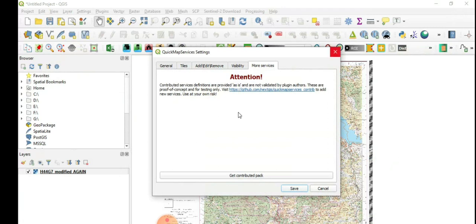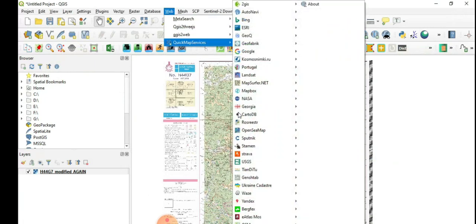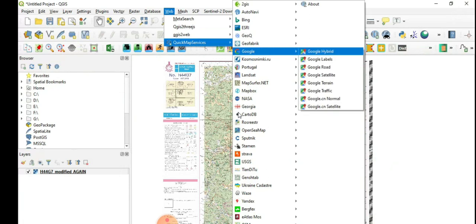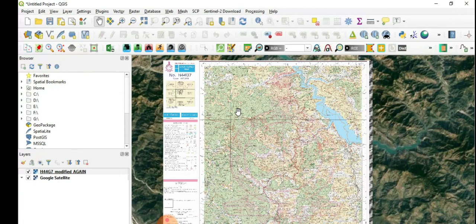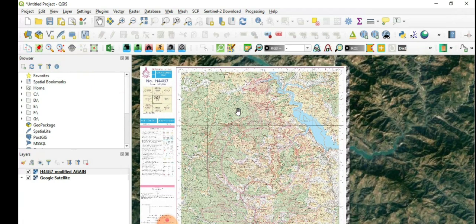So you can do this, so you will get this entire list. Okay, so now I will select Google Satellite from this list. So you can see Google's image has come up below my topo sheet. So in order to check how much is my area properly